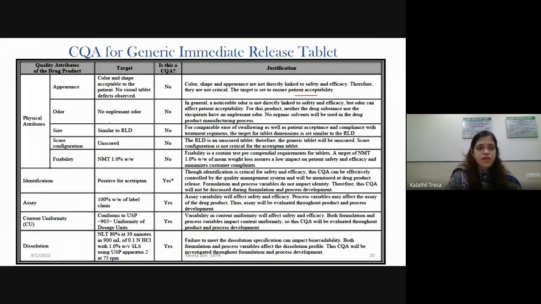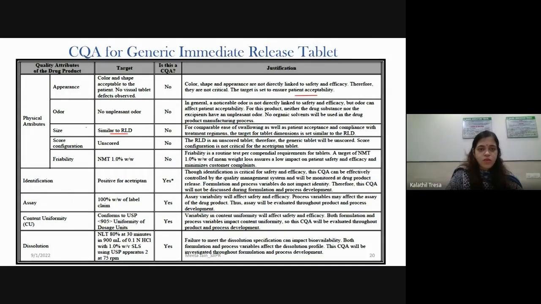Similarly in case of odor, then similarly in case of size, because it is similar to the reference listed drug, so this is for a generic, it has ease of swallowing, or similar acceptance because the reference drug was accepted.